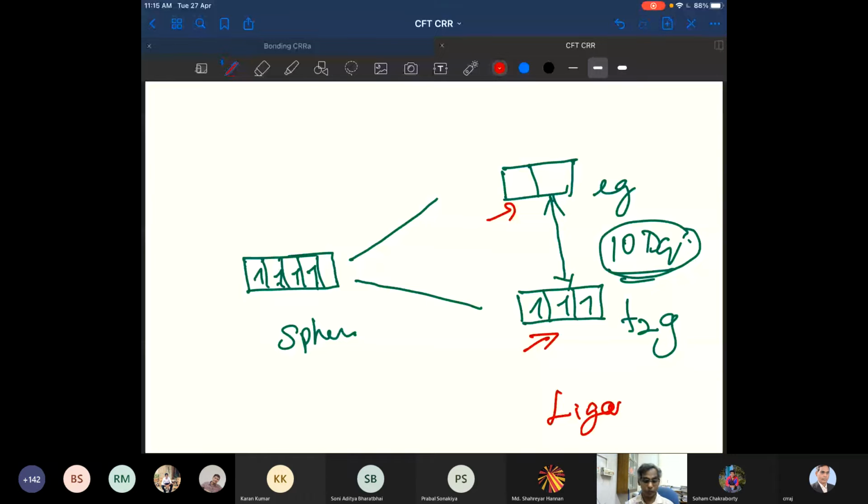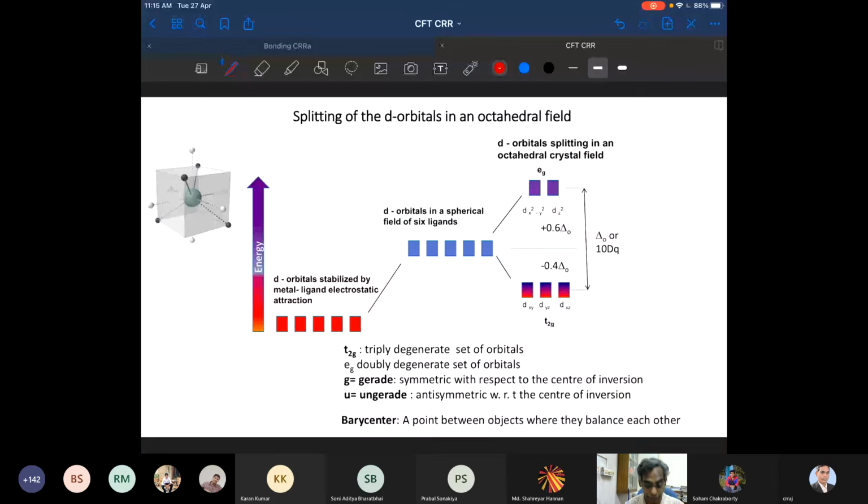Now we'll go here. Look here. I have already put it here. I hope you got how we are splitting the diagram. This is my octahedral, the cube that I have shown, with the central metal and the ligands approaching. Now in the octahedral field, this is the splitting of the d orbitals. This is 10 Dq, as I mentioned in the previous slide, or what we call delta O, not delta 0. It should be delta O. This is the EG orbital.